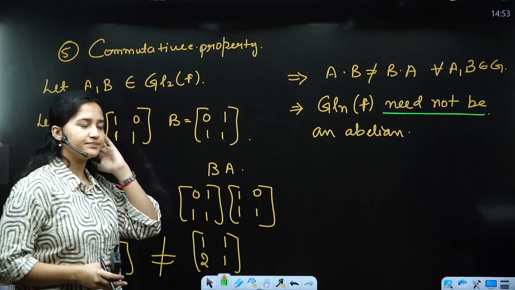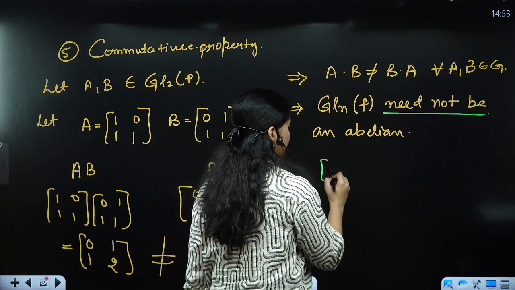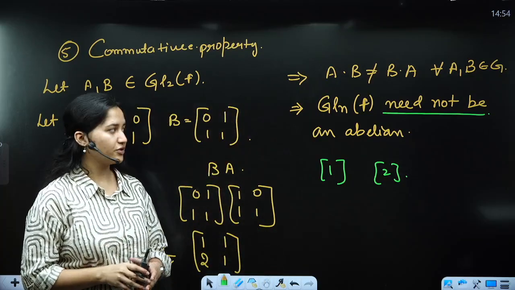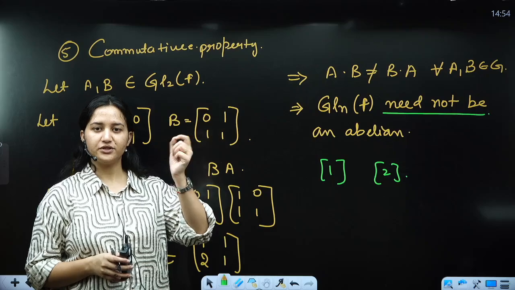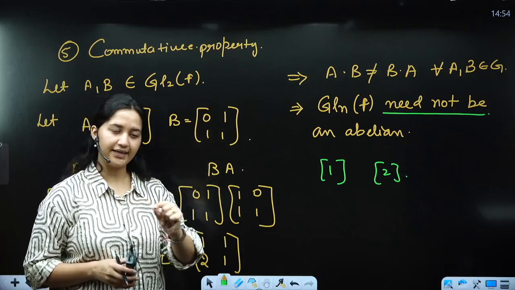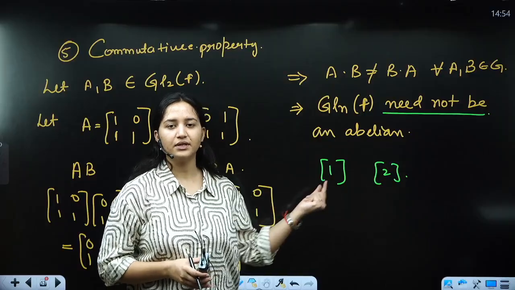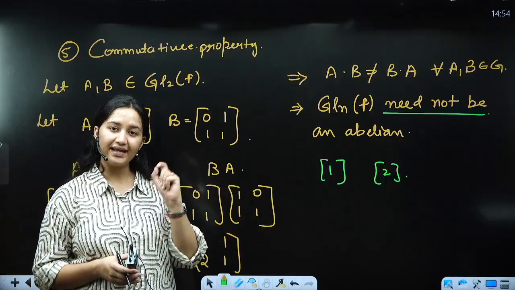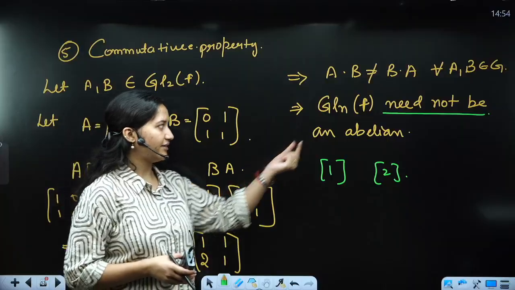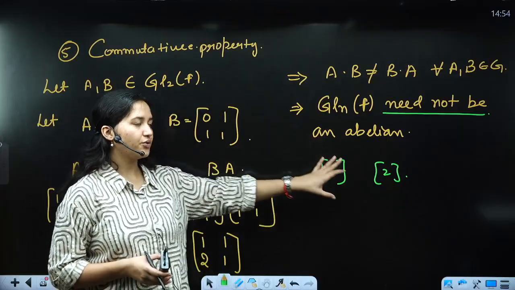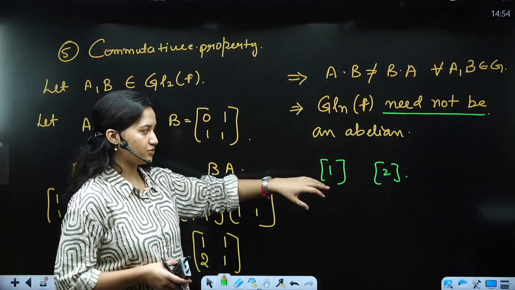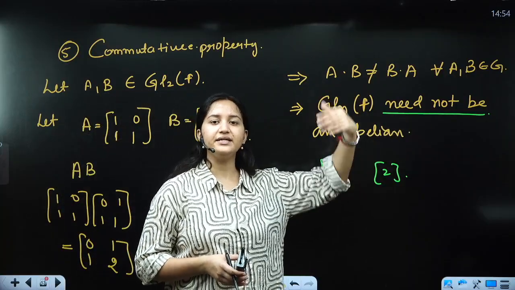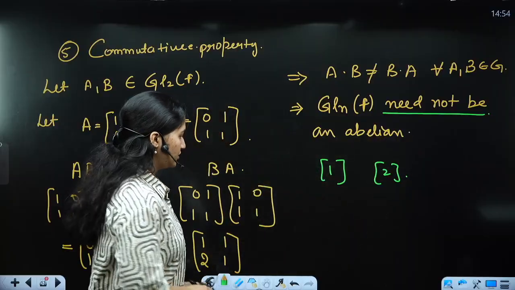Let's say I take an element 1 and element 2, and these are elements of the group GL(1, F), which is a square matrix of 1 cross 1, right? So definitely these are going to commute amongst themselves. So that means GL(1, F), and also F has to be a non-zero field, so the determinant is not going to be equal to 0, and hence they are going to commute. So that is why we write that GL(n, F) need not be abelian. Clear? Chalo.